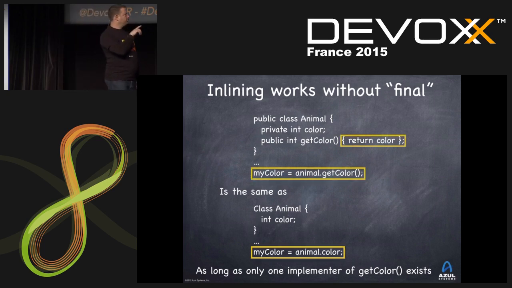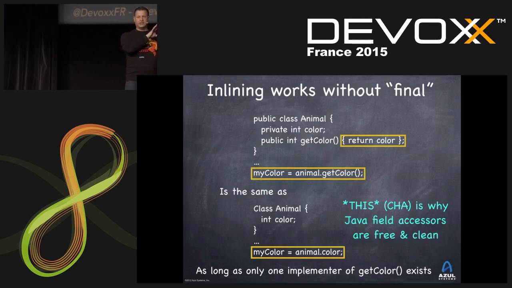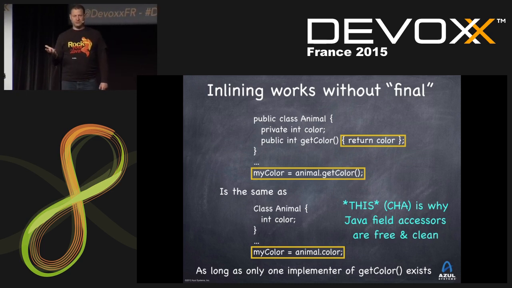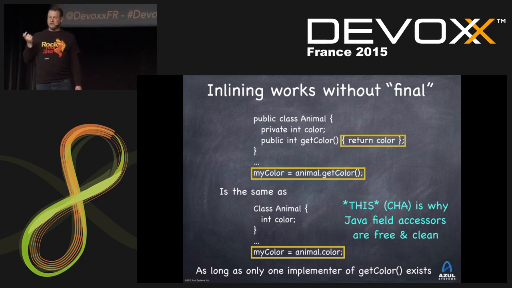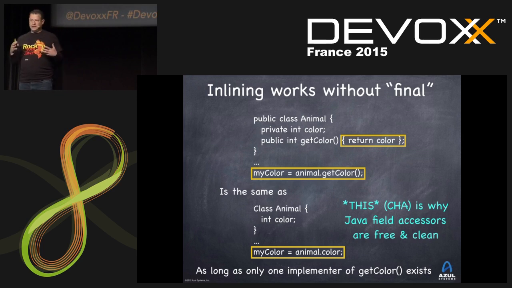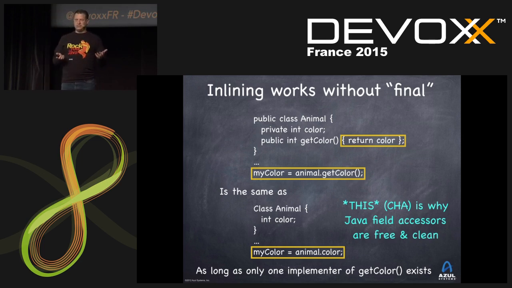This one thing is what makes Java field access clean and simple and doesn't force you to put finals in front of them. So getters and setters are usually trivial functions that are field access, but allow you to make nice object-oriented calls rather than expose the insides of an object to an implementation. Right? And it allows you to do that while still allowing for the implementation to be extended. Right? So this example is simple and provable, and it'll remain this way until somebody loads another class, like, say,